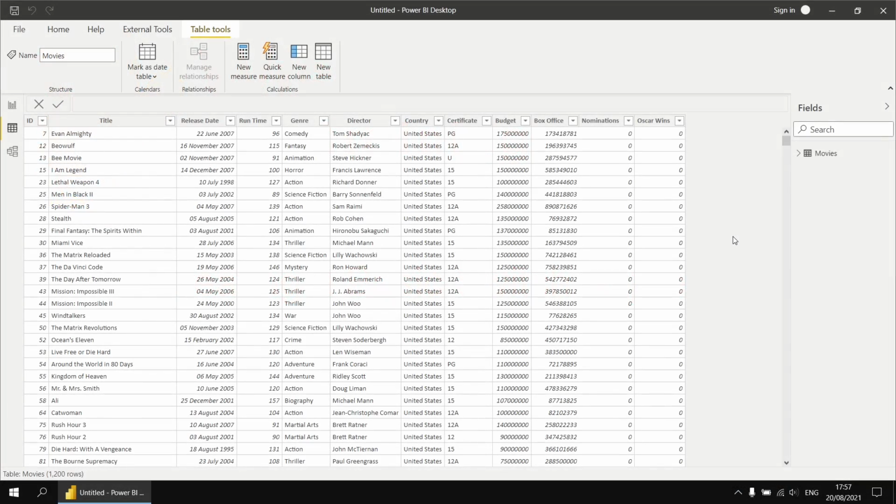For the first example, I'd like to create a label for each film based on the value of the Oscar wins column. So I'd like to say things like if the Oscar wins equals 0, the film is a loser. If the Oscar wins is 1, it's a one-hit wonder. If it's 2, it's a double winner, and so on. So I basically want to test the individual specific values in the Oscar wins column and produce a unique result